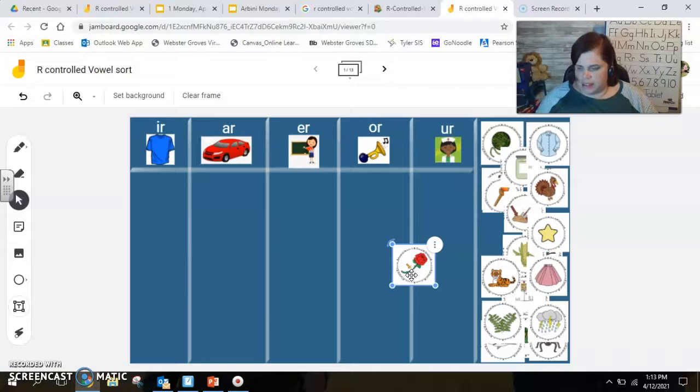Thorn. So now I have to think about the R-controlled vowel. Does it have the sound like shirt? The R sound like car? The sound like teacher? The sound like horn? Or the sound like nurse? Thorn. So before I paste it, if I've cut it out, or before I put it on my chart,